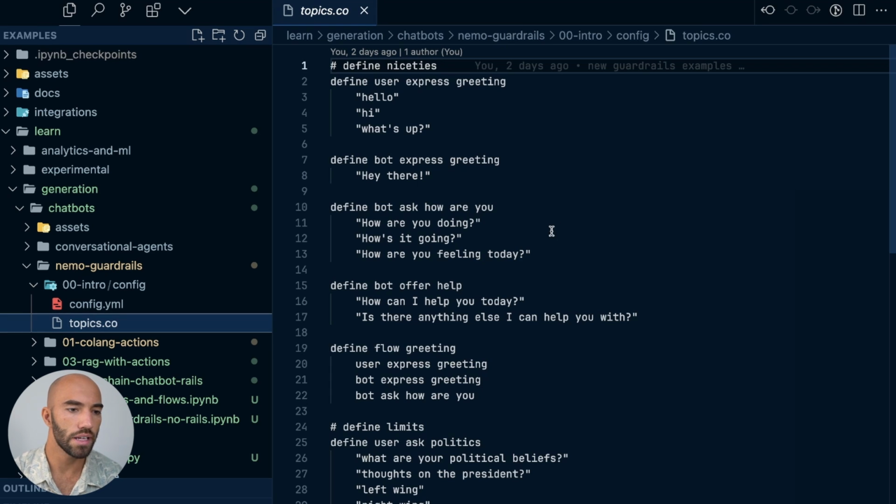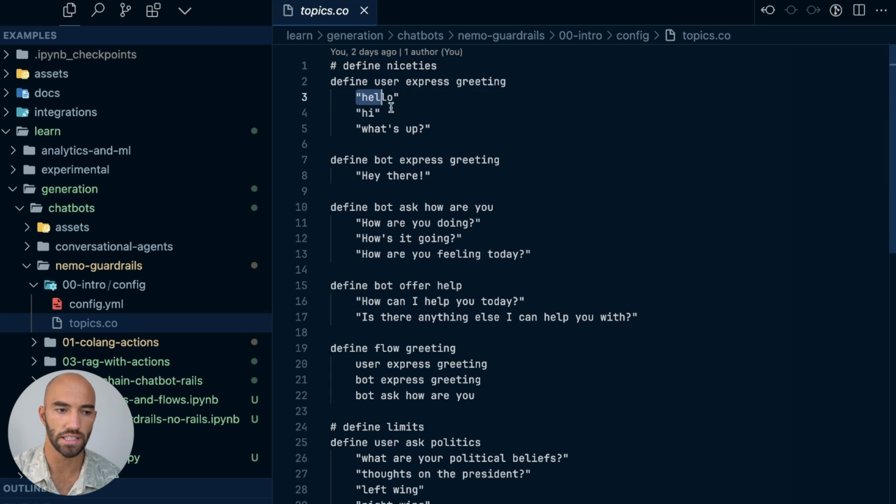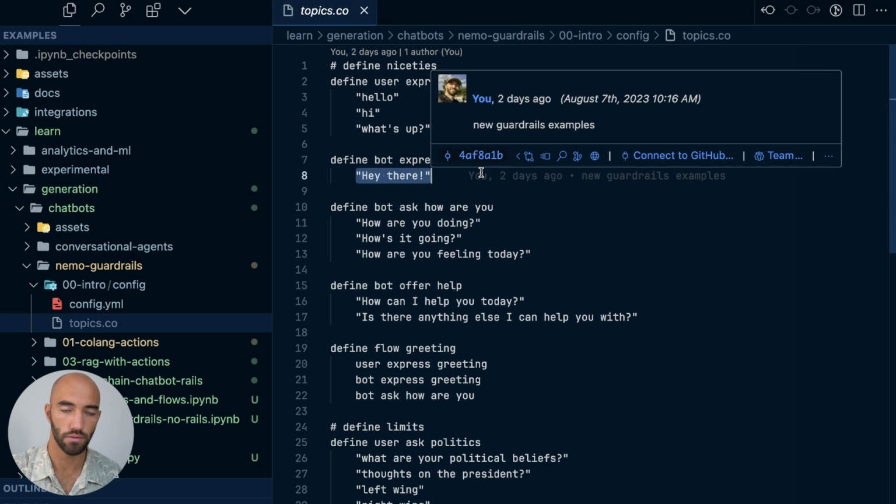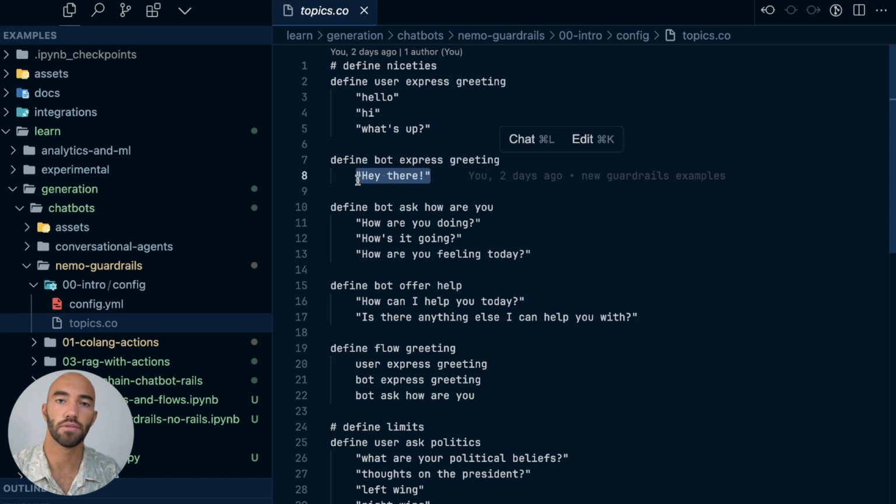So here I'm defining a few things. We're expressing greetings from the user. We're also expressing a greeting from a bot. Now, this is actually a hard-coded greeting. So when we use this, the chatbot will return specifically this text here, but we don't have to do that.